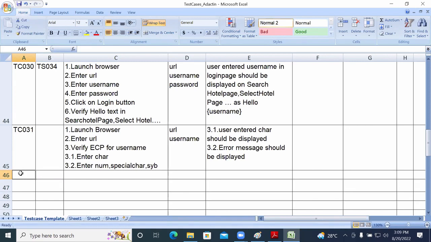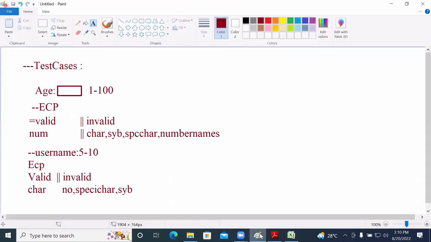When you are working in real time, there is a chance you will be getting all this information also. But for now, as that information is not available, as part of the practice, you can have some number. According to that, you can write the test cases here. In a similar way, you can apply